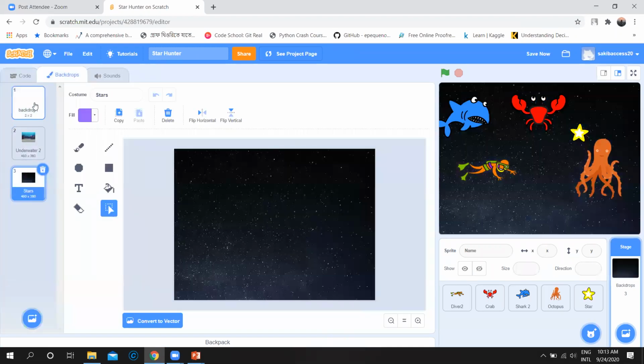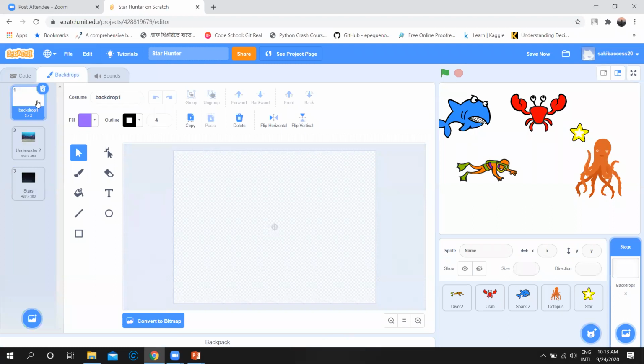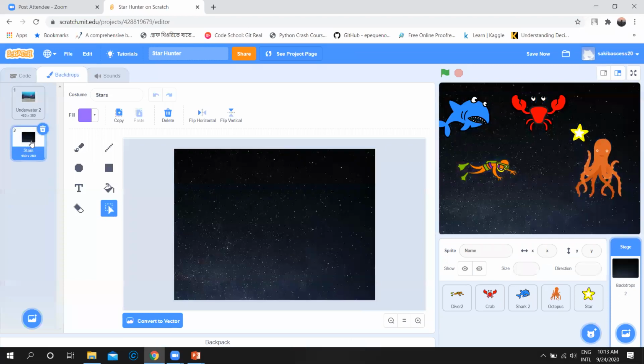Okay, I will delete the existing one, the default white one. So I have two backdrops. See here, I will write something. Whenever my game is over, it will show this black backdrop with the text game over. Just simple. If you click on the text and click here, it will give you the space.